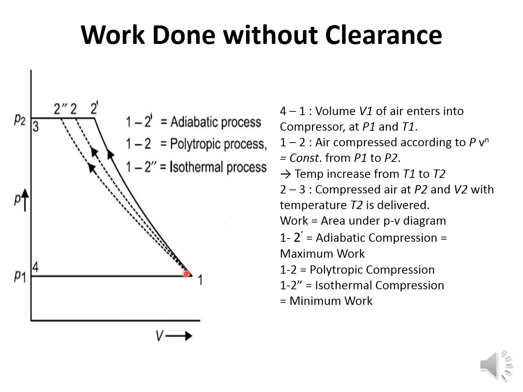Compressing the air may take different processes. It may be an isothermal process, second it may be polytropic, third it may be adiabatic. If I use 1 to 2 dash, it is an adiabatic process, so I have to use PV^gamma = constant. If I use 1 to 2, it is a polytropic process, that is PV^n = constant. And if I use 1 to 2 dash, then I should use the isothermal process where PV = constant, right? Using these three processes, now I have to calculate the work done. This is the explanation given here.